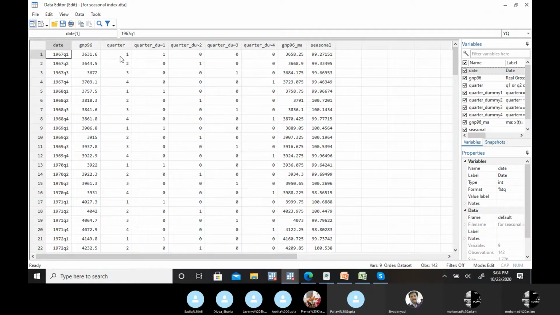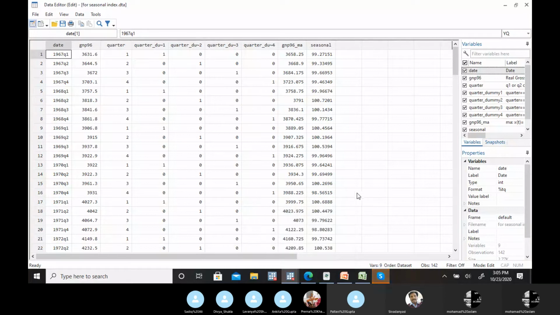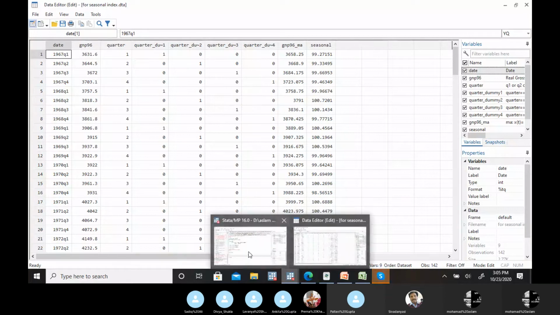Has anyone opened the file which I shared today? We are going to find some Q1, Q2. Okay, so that's a string variable. So first you have to destring it. The simple destring command is not going to work here.